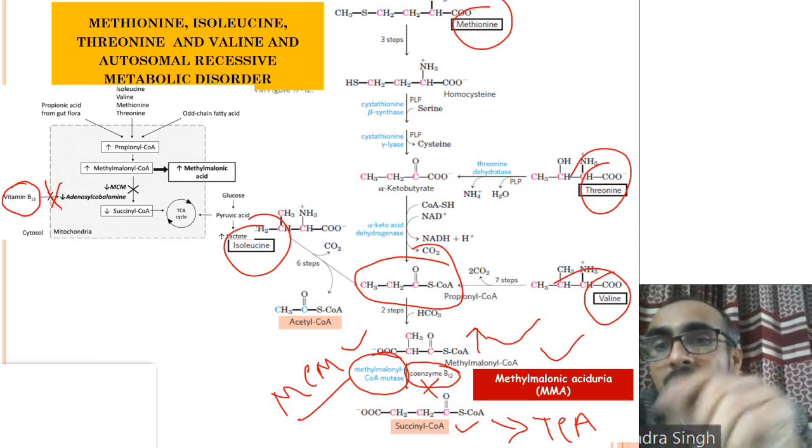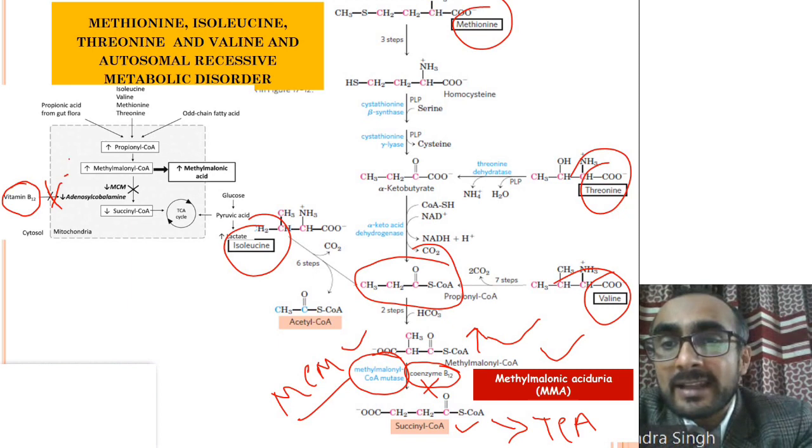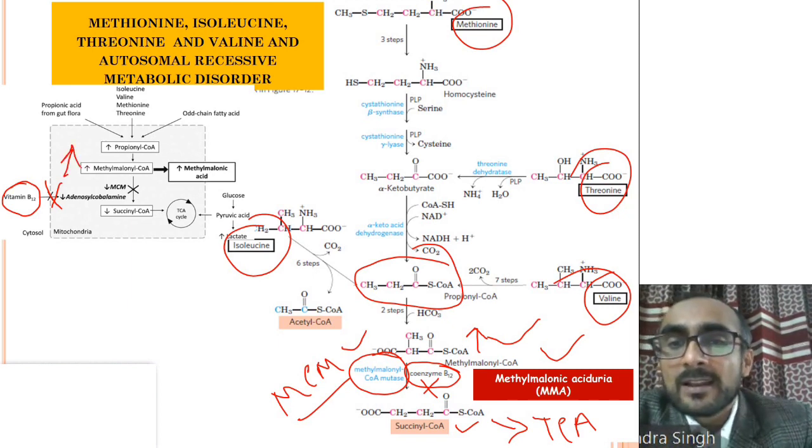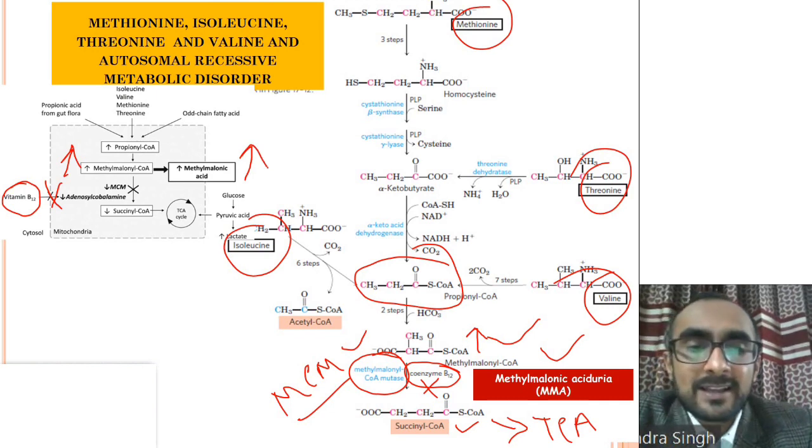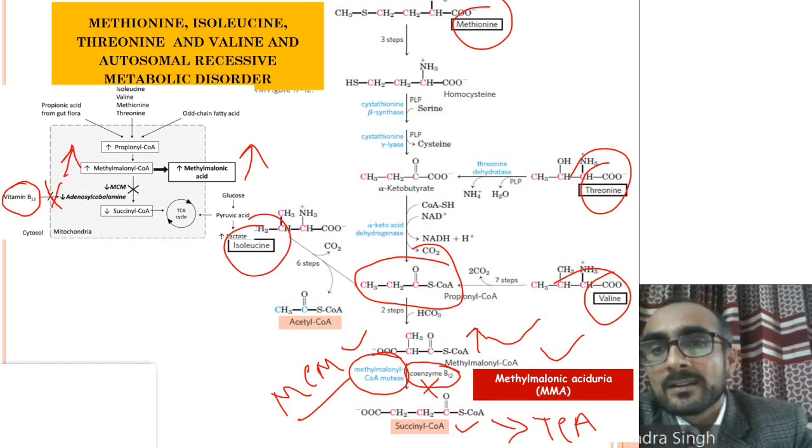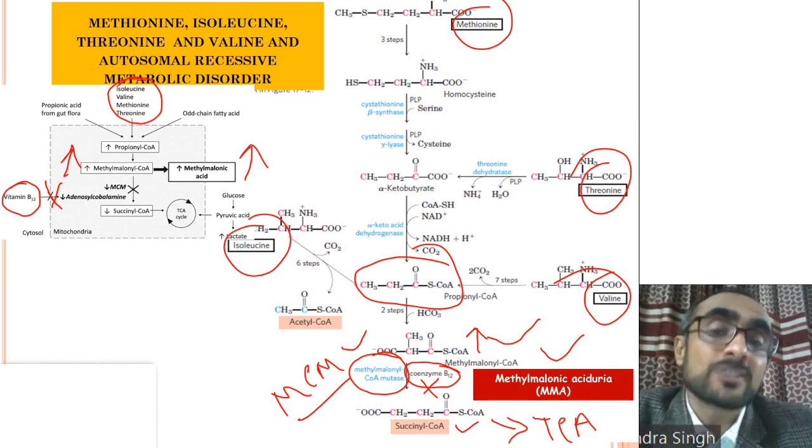As a result, methylmalonyl coenzyme A starts accumulating in the body, and that increases the level of methylmalonic acid, giving rise to methylmalonic aciduria, MMA. In fact, not only these 4 amino acids, we have discussed earlier in beta oxidation of fatty acids as